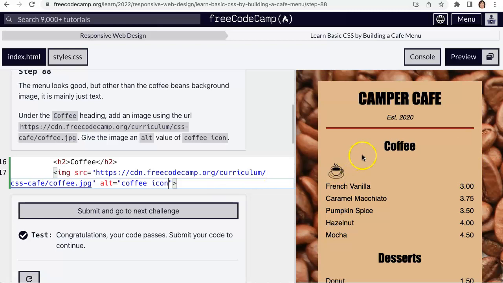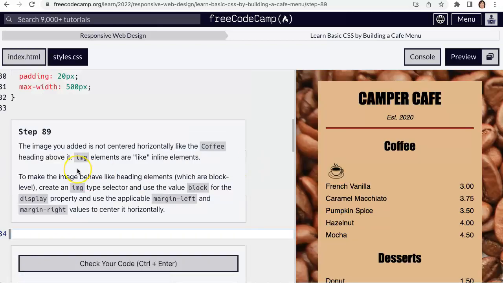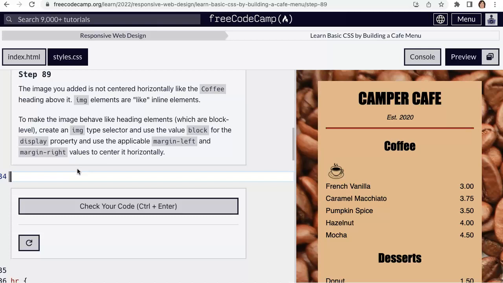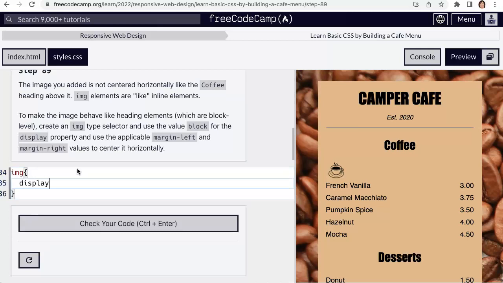Yes, cute. Probably need to make it centered. Yes, indeed. Let's do that horizontally. To make the image behave like a heading element, which is block level, we're going to do display block. Right now it's not a block, it's inline, so we can't really affect it, but it's also not text, so text-align center doesn't affect it. We have to make it a block first. Okay, so img selector, display, block,